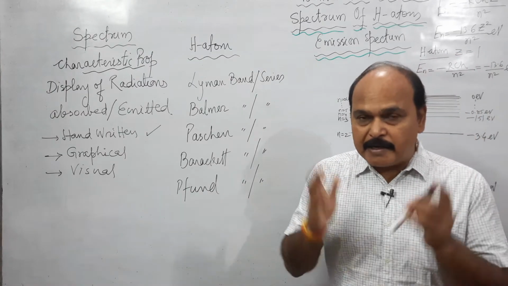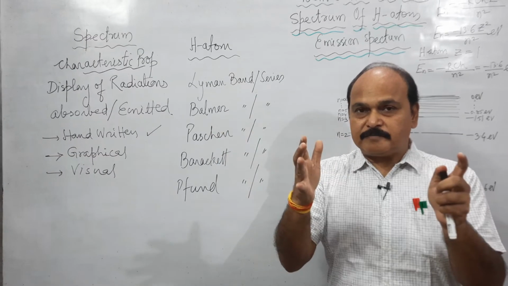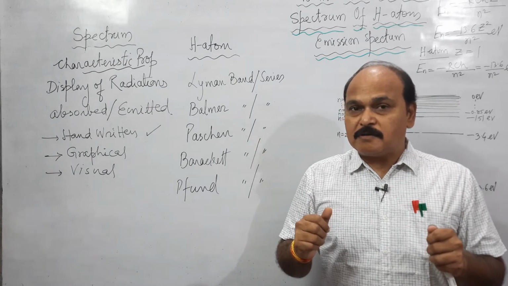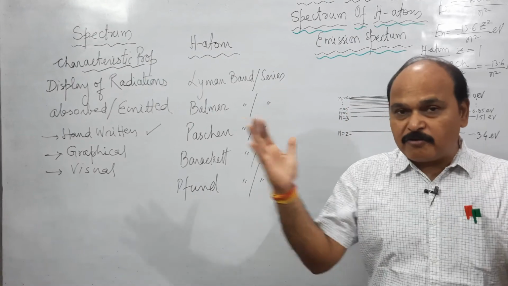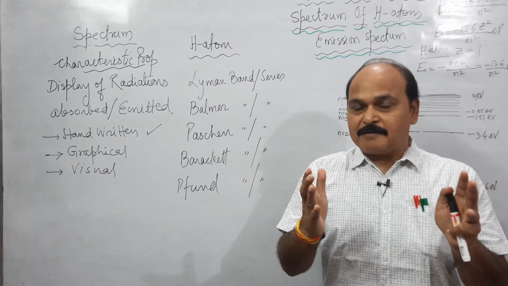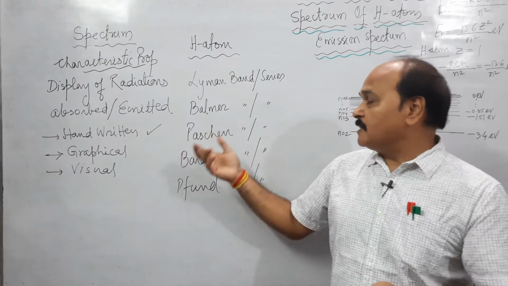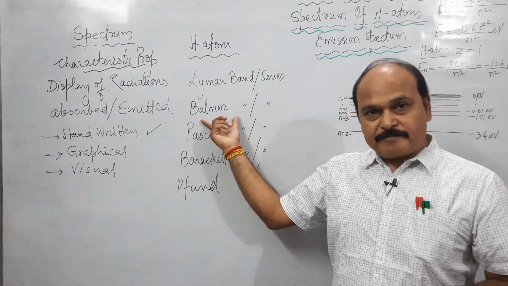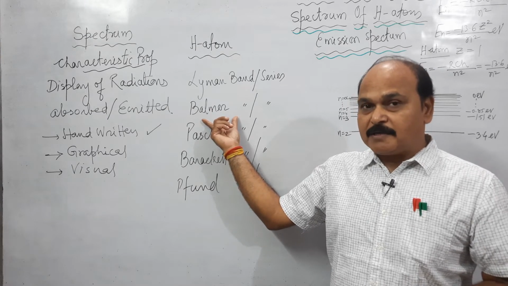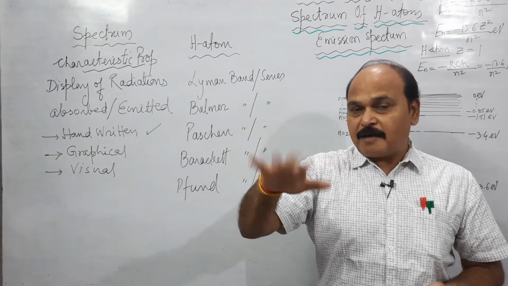Well, every band consists of a large number of lines very close to each other. They are very close to each other because the wavelength difference between them is very small. So a large number of lines lie very close to each other over the graph, and they give the look of a band. And then we have a gap, a large number of missing wavelengths, and after that again we get certain lines very close to each other. That again gives the look of a band, that is called the Balmer band. So that way we have 5 prominent bands in the hydrogen spectrum.